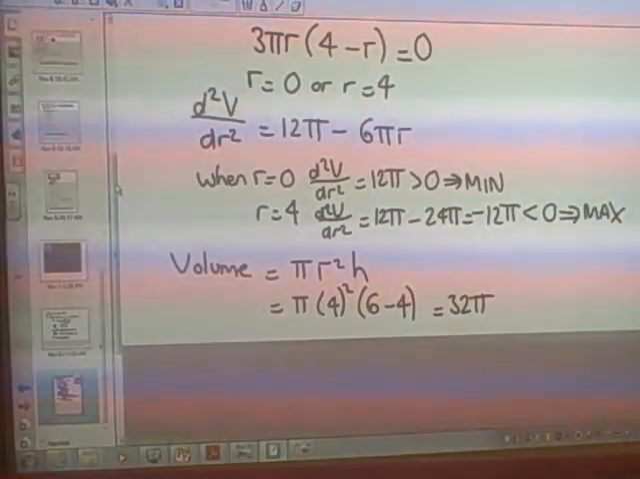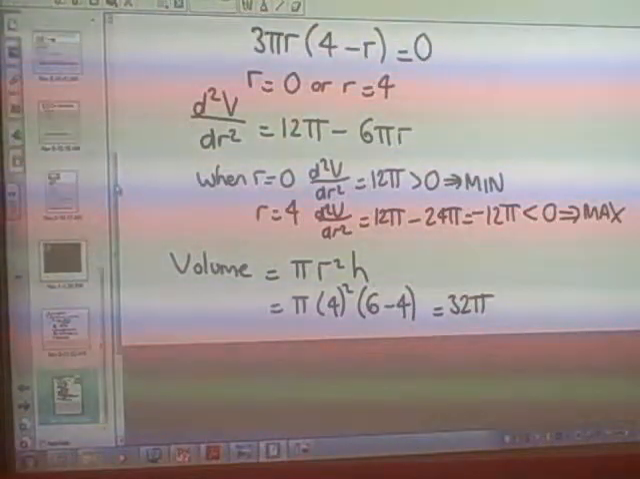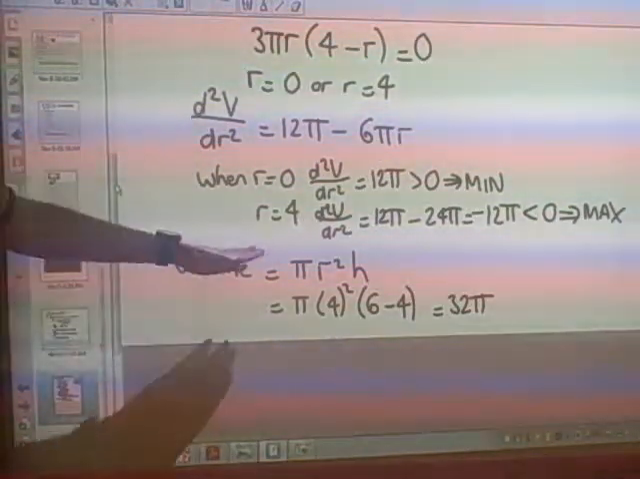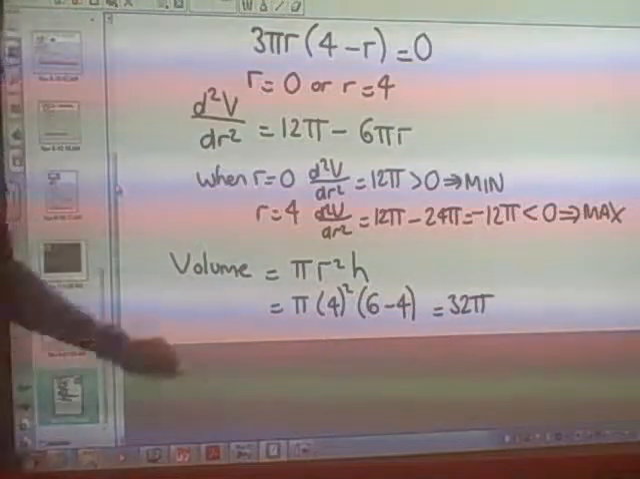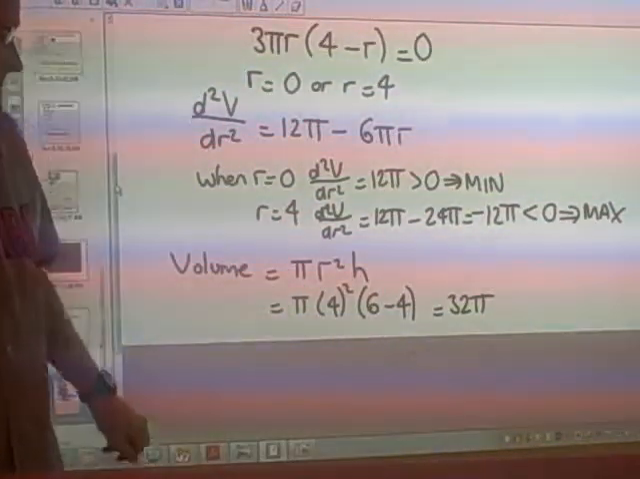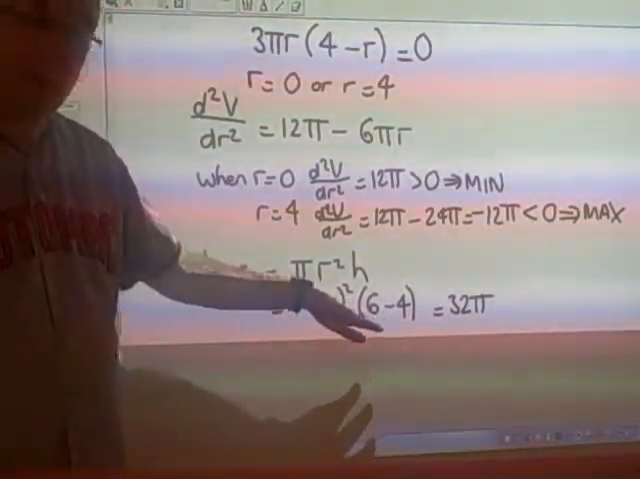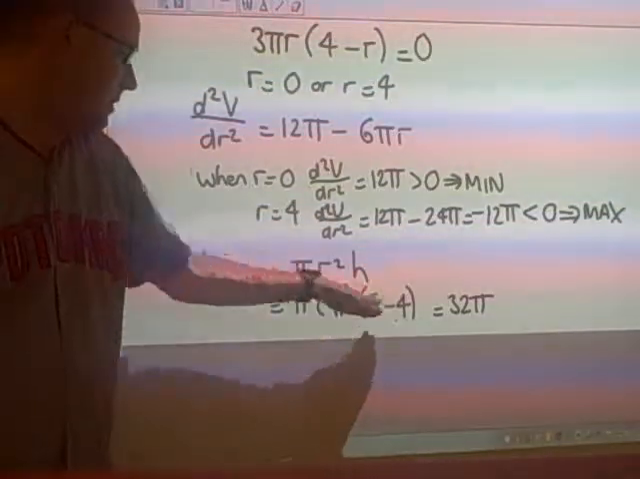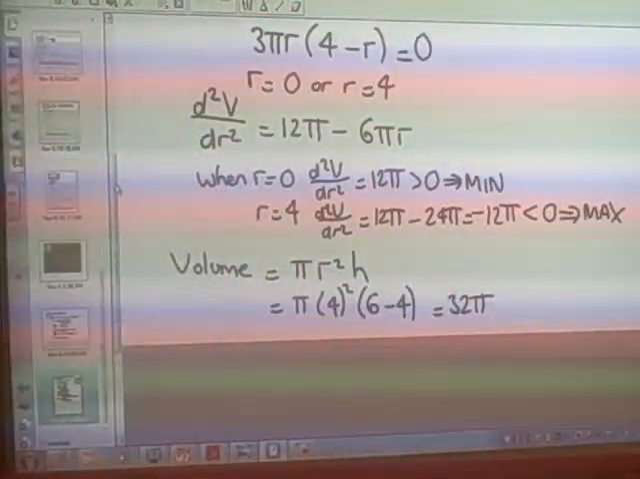So for the minimum, obviously the volume is going to be 0, as one of the values is 0, anything times 0 is 0. So we had pi r squared h, and we also had h written as 6 minus r. So if we plug that in, the value of 4, then what we find out is that the maximum